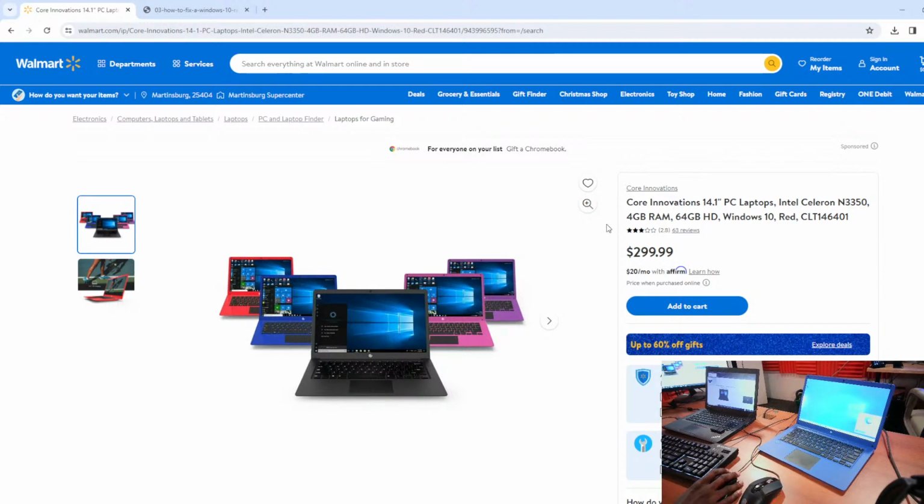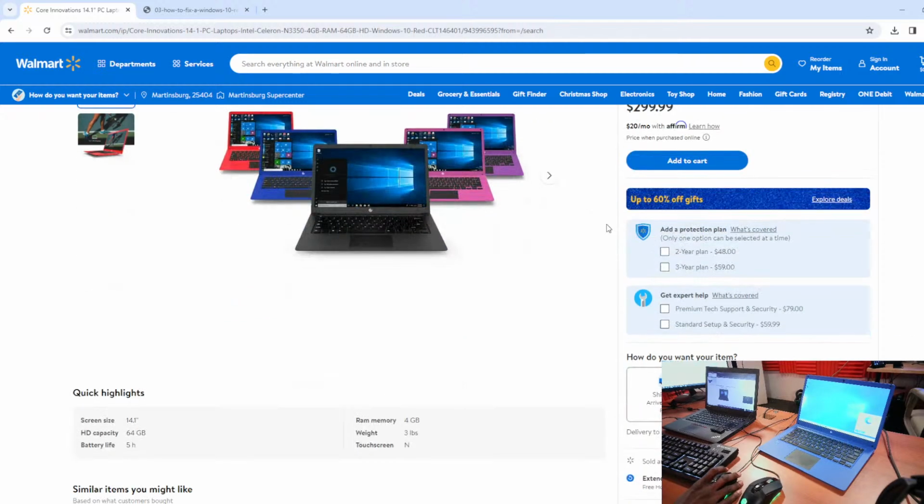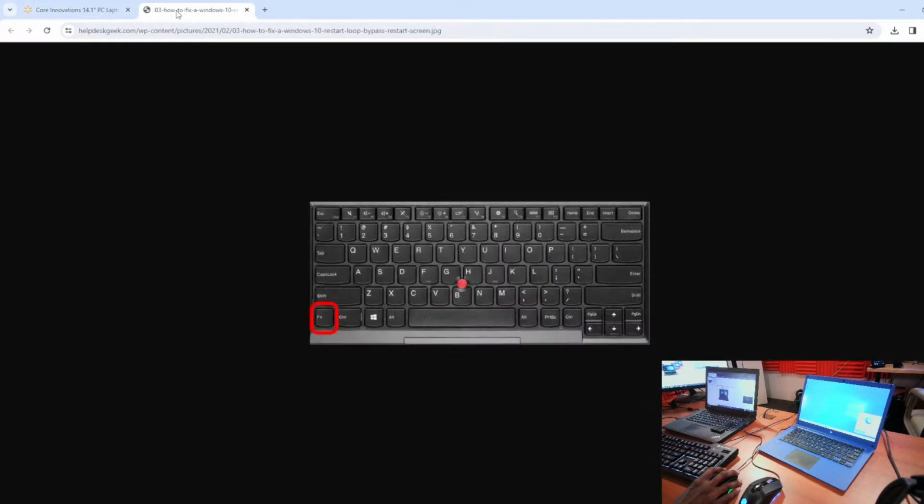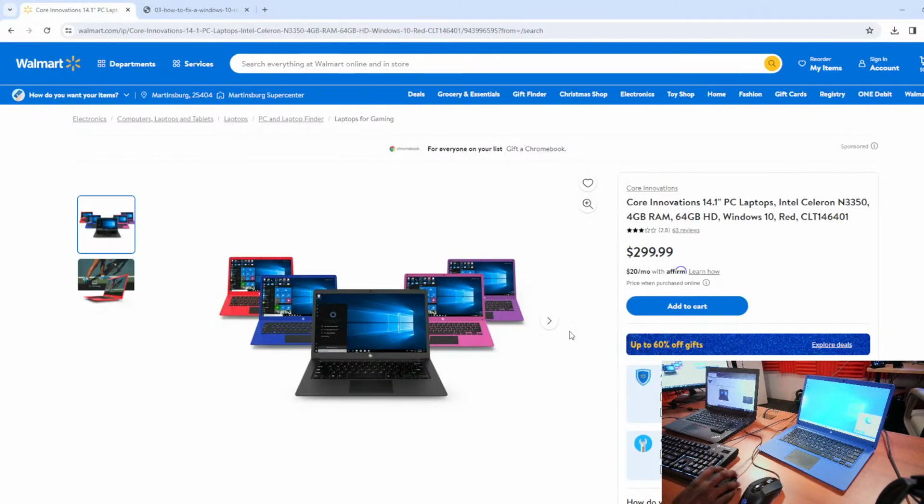In my opinion, this is priced $100 above what it is actually worth as far as specs are concerned. For $300, I will give you a live example. Okay,